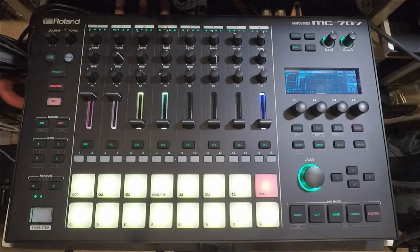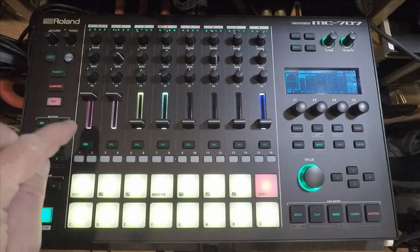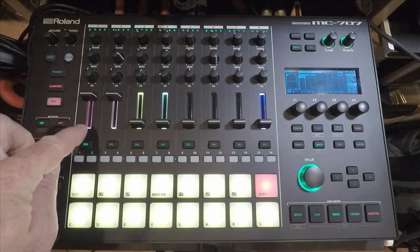Alright, welcome back to another Roland MC-707 Groovebox tutorial. In this video, we're going to go over importing samples from your SD card and recording a sample from another track. The first thing we're going to go over is loading an individual drum pad in a drum track to